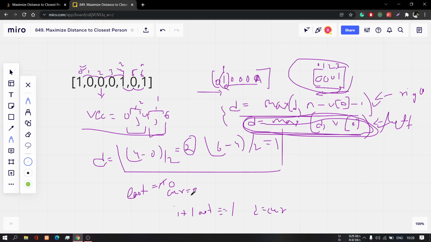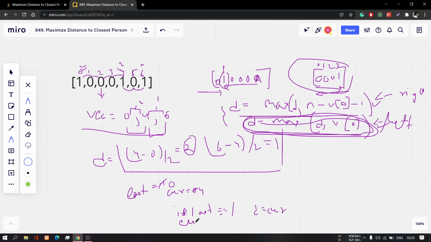Then again I iterate through the array, and when the current reaches the fourth index, this time the if condition will not get hit, because its condition is last equals -1, but the last value has now changed from -1 to 0.